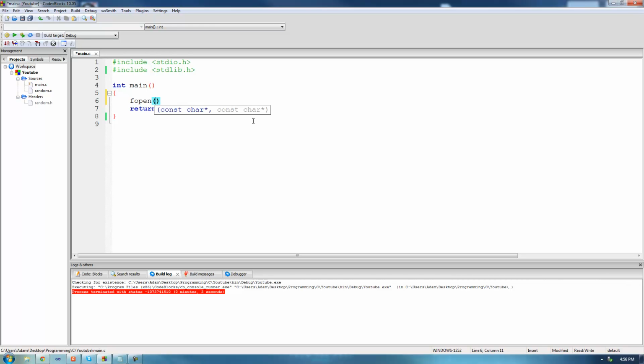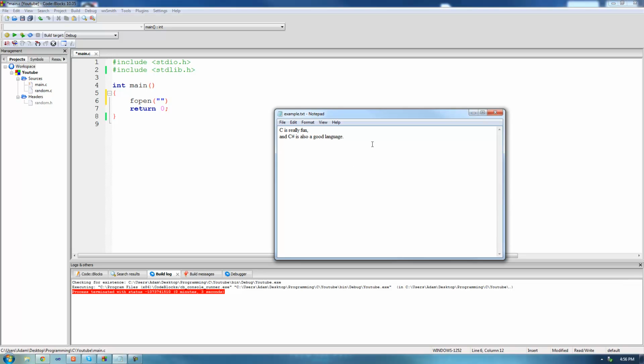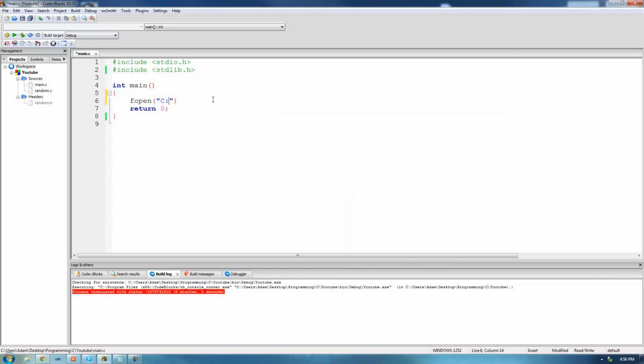The first parameter is just the path or the location to the file on your computer. So inside of quotes right here, we just need to put the path of the file that we're going to be reading from. And we're going to be reading from this file right here. It's called example.txt and it's located on my desktop. So I just need to say C:, since it's located on my C drive, and then I need to put